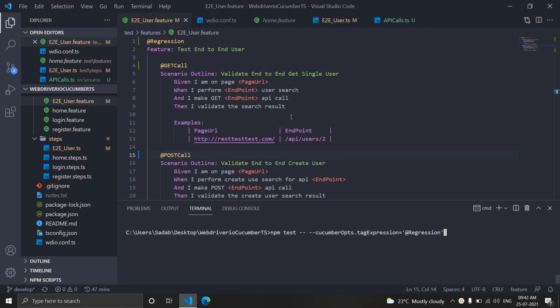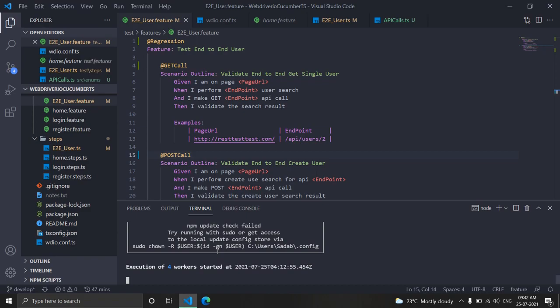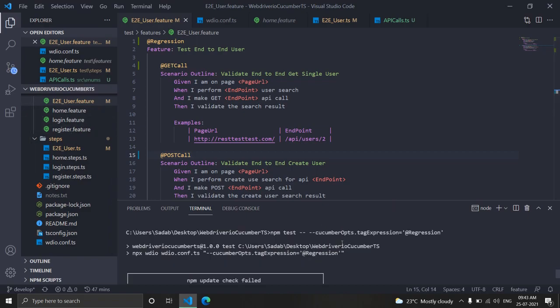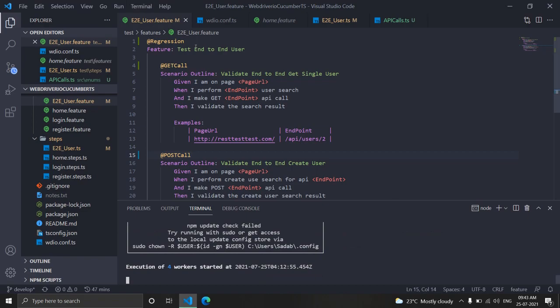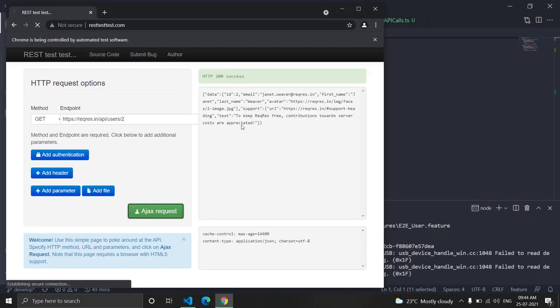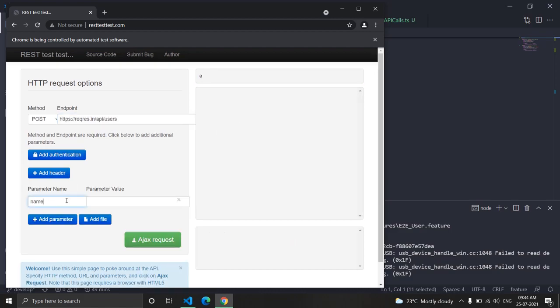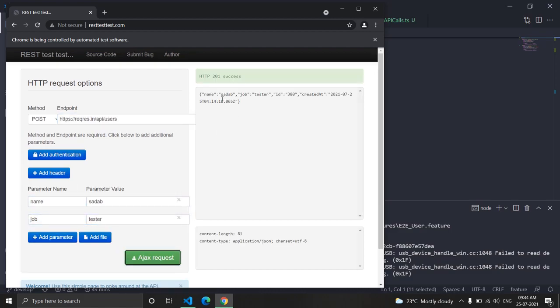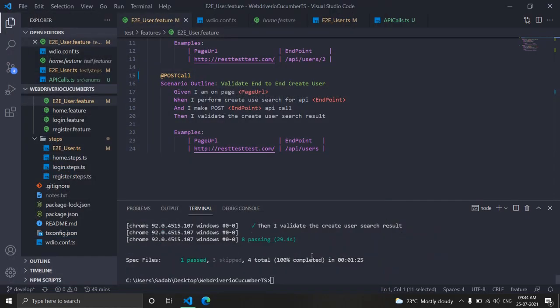It should execute only this feature file with these two scenarios. If you notice, it says 4 workers started. That means it is finding the 4 feature files, but in actual it will run only one and skip all the other 3, because the matching tag that we have defined here, regression, is in only one feature file, at feature level. So it should run only this feature with 2 scenarios, and the other 3 should skip. The get call is performed. Now it's trying to perform the put call. If you see, entering data and retrieving text, and it passed.